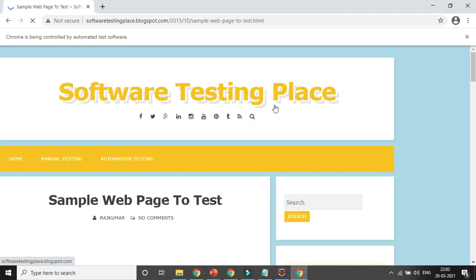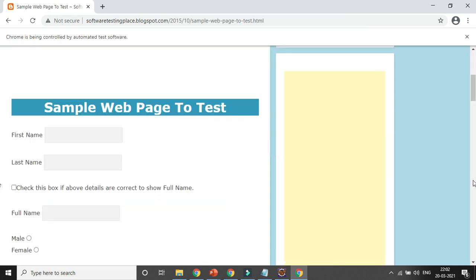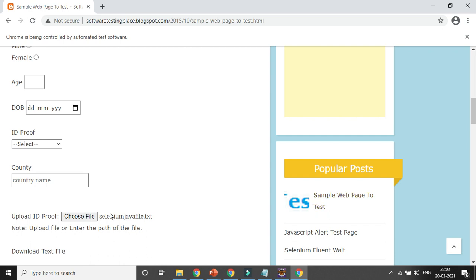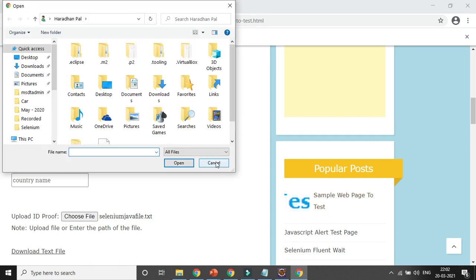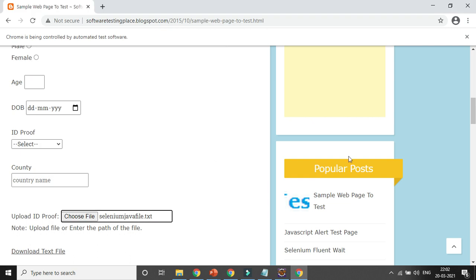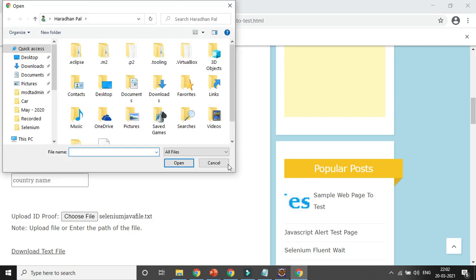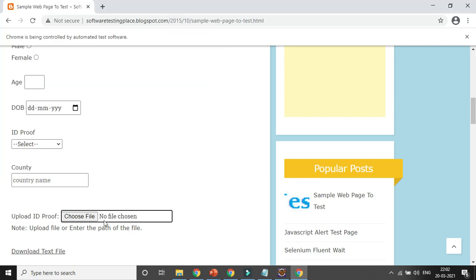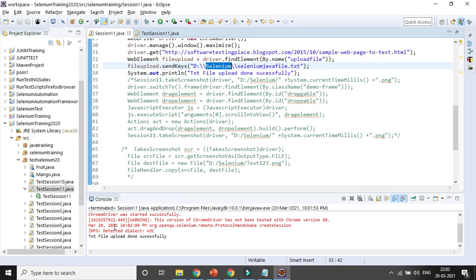In case it is not working, you need to scroll your page so that you can view it. You can see here it is already attached, selenium.file. Now run your code again, and you can see the output is coming: text file upload done successfully.